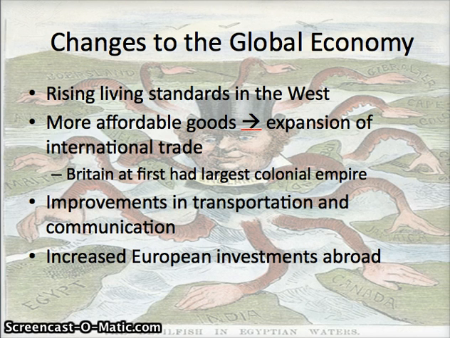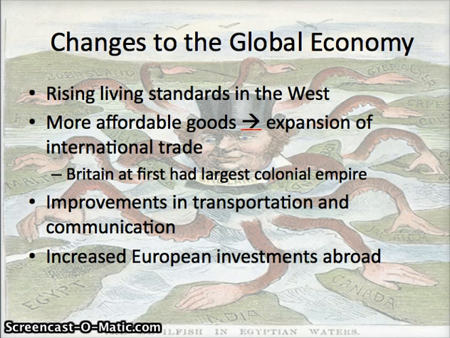So eventually what you're going to see is because a lot of people, due to industrialization, are moving to more urban areas, they need to have some sort of agricultural production to supplement what they are losing because so many people are moving away from agricultural areas in Europe. So they exploit these third world populations that are still largely rural and agricultural in nature and import those raw agricultural materials from them. You're also going to see that because, again, of the rise of living standards in Europe, goods become much more affordable, so you're going to see international trade expand rapidly.